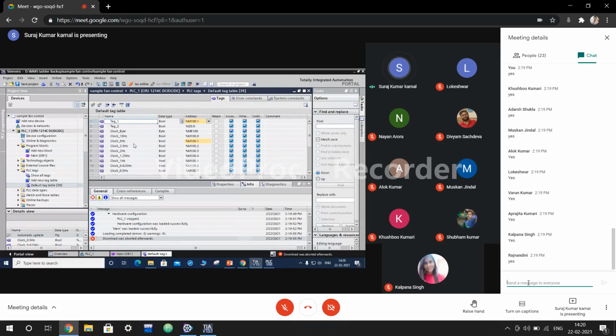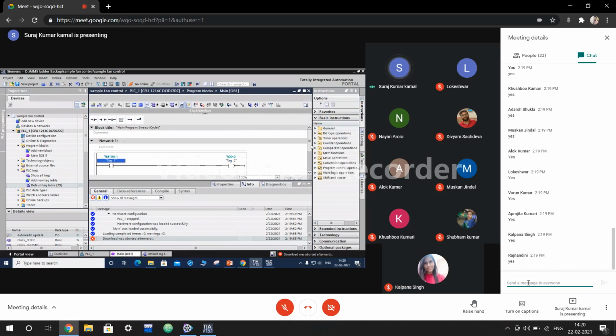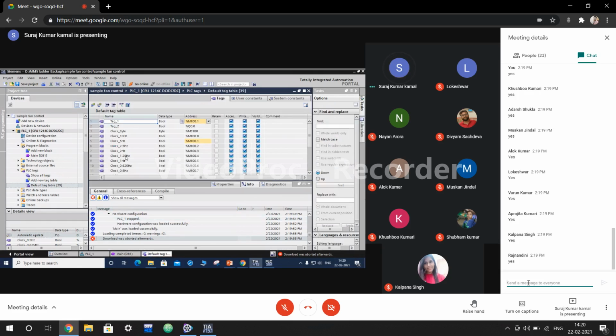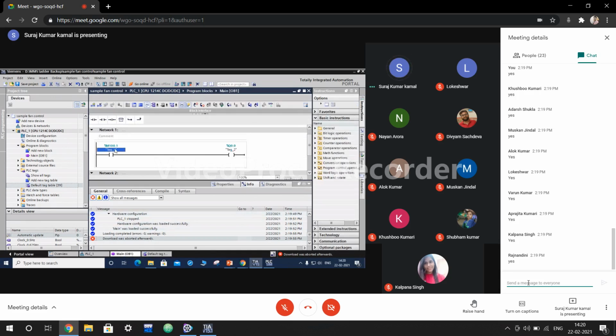Okay, now this clock can directly work according to your input. Now what I am going to do is associate M0. So we can just have a look at the tag table that we have: 100.0, 100.1, 100.2, and 100.3. We are just going to take these three bits. Okay. So just let me